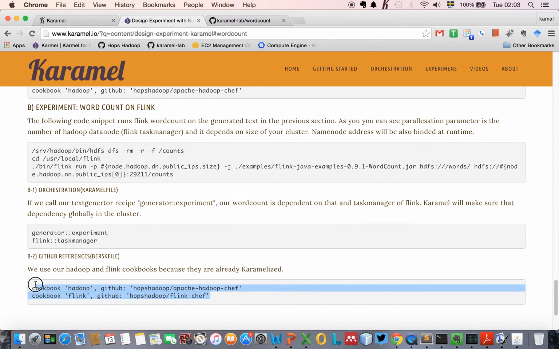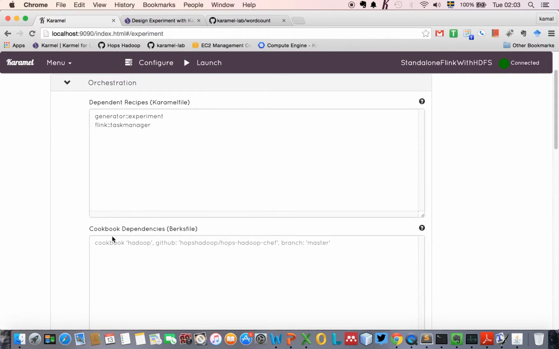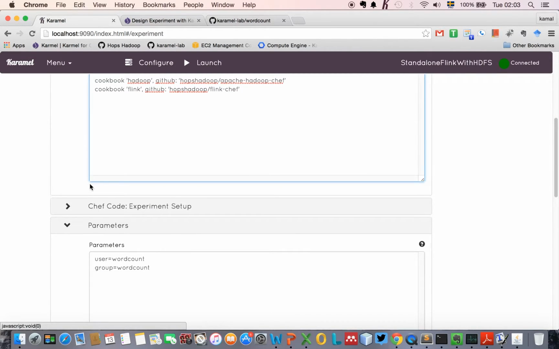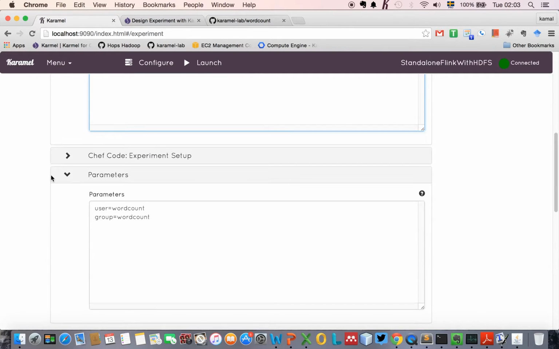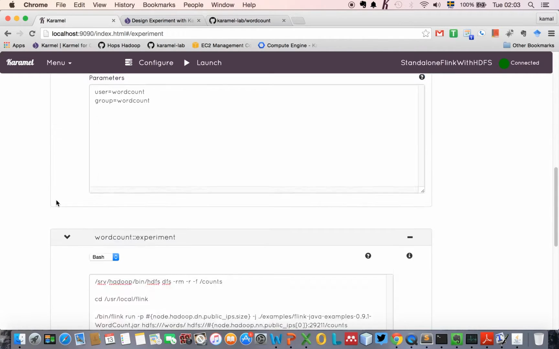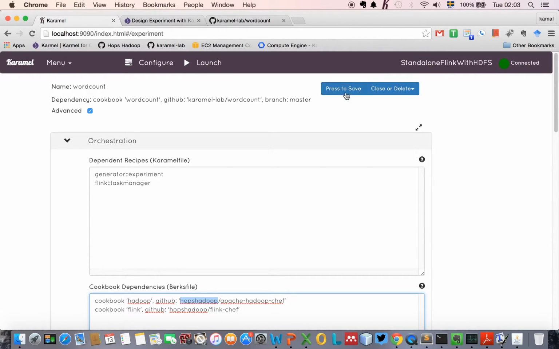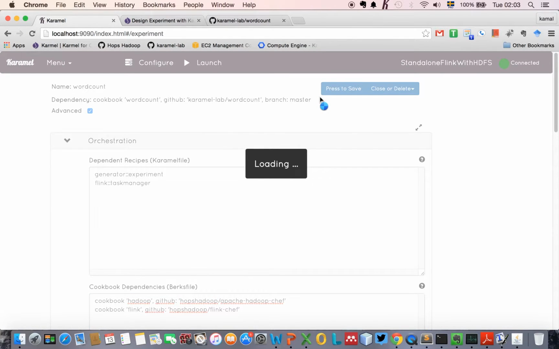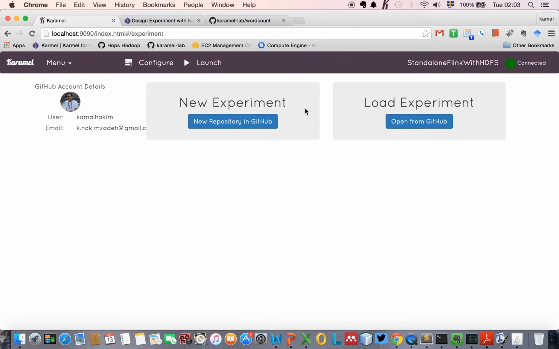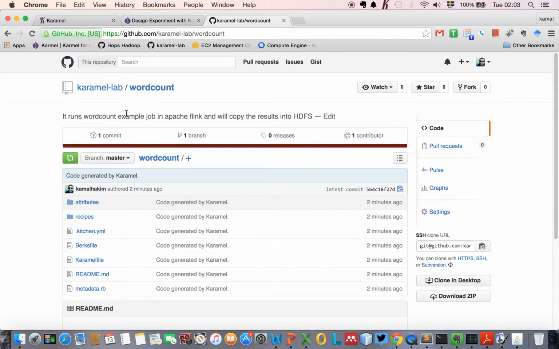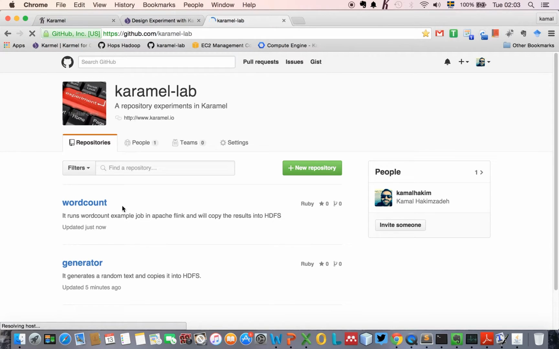and also references to specified cookbooks. Again, these are Karamelized cookbooks that are defined in the Hops Hadoop GitHub repo. And likewise, you can further customize if you want and have some parameters that we don't have right now. We are done here. Just press to save it. Alright. Okay, I can close this one as well. Now we have our experiments designed on Karamel Lab